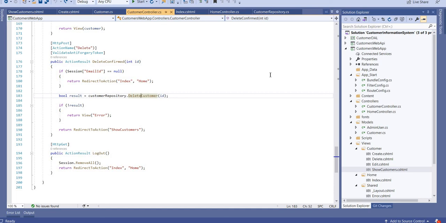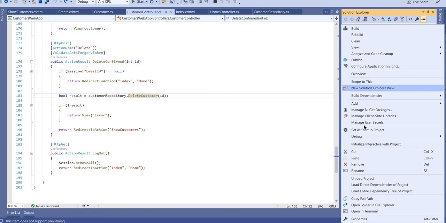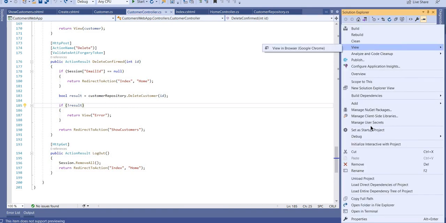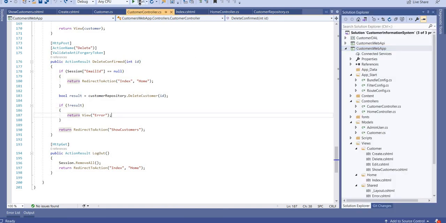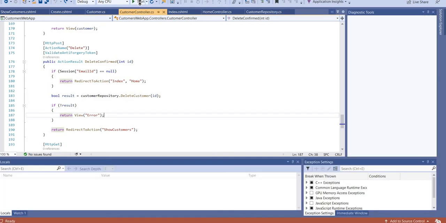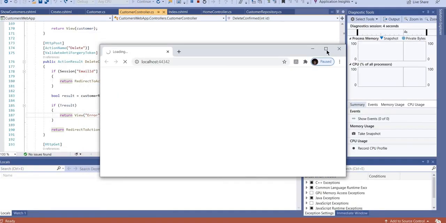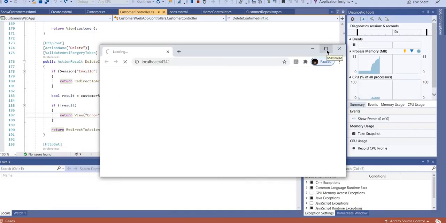Okay, once it is done, then you just set this as the startup project, because you have 3 projects in this solution. You have to tell your solution which is the startup project. So you have to set this as the startup project, and then once this is done, you have to click on start, because it will first check your MVC flow. What is the flow in the MVC?